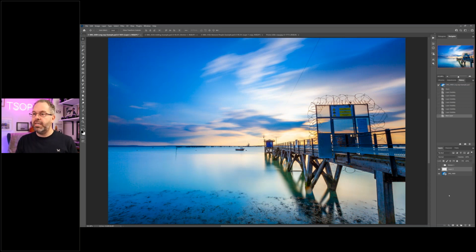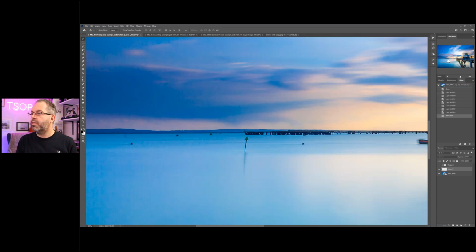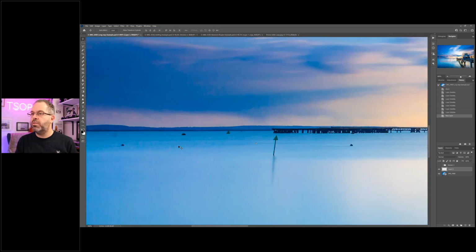Right, let's go over here then into Photoshop, and I am just going to zoom in by using my navigator tool here. And we're going to start removing these objects here, like this post and these buoys, this kind of stuff. So over in the layers palette, good idea, name your layers. Double click on the word layer there, and I'm going to name this one buoys, which I believe is spelled like that. Buoys and post. Press enter,